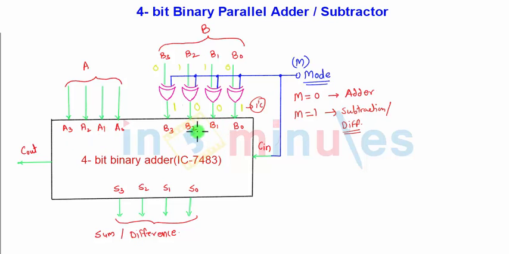So the addition will take place, and it means this circuit with M equal to 1 will follow the 2's complement format and the 2's complement rules, in which if carry is generated, the answer is positive and you need to discard the carry, and if carry is not generated, the answer, that is S3, S2, S1, S0, will be negative, and it will be in the form of 2's complement. And to get the magnitude, we need to convert it into 2's complement again. These things are explained in more detail in the presentation of the 2's complement method.